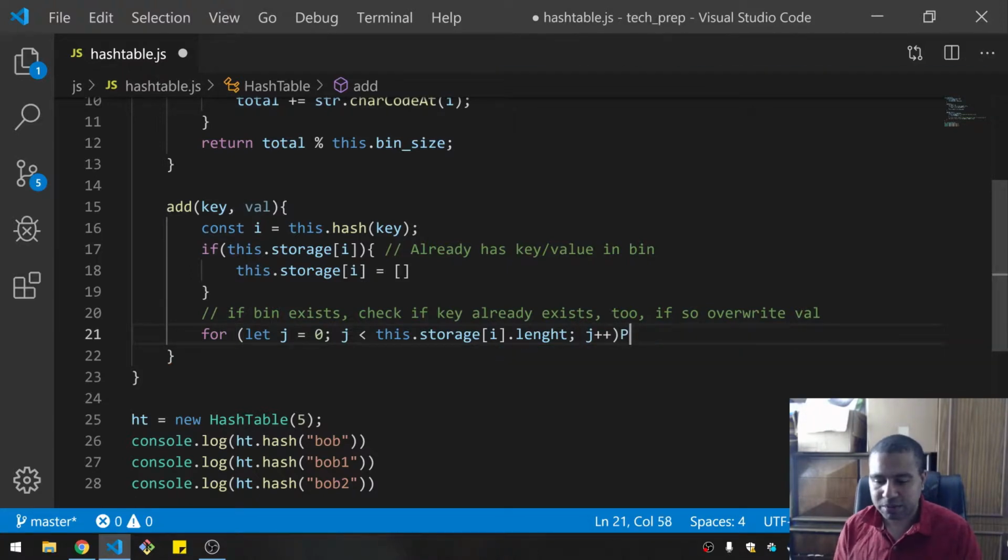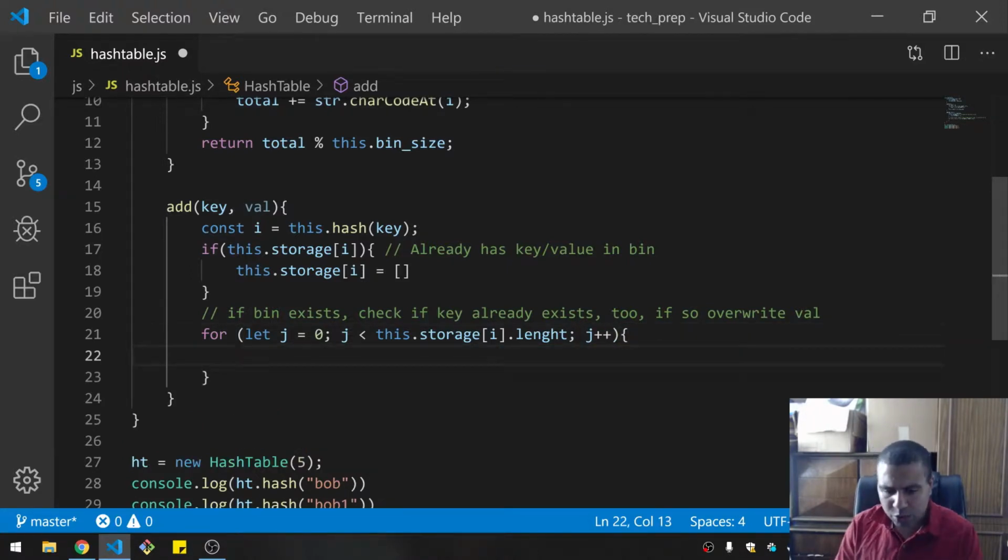All right, so length is spelled wrong. So for each element within that, I'm checking the key value. So if key, so if this.storage i j,